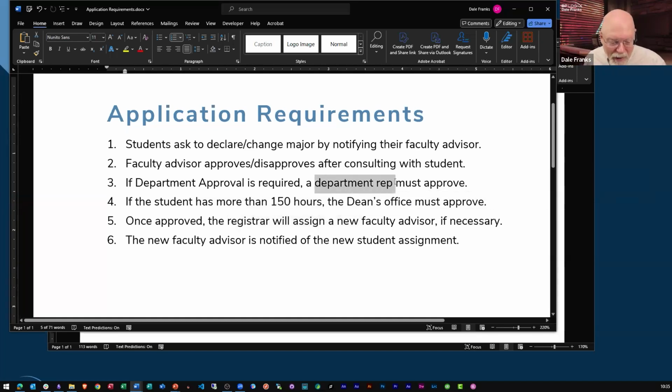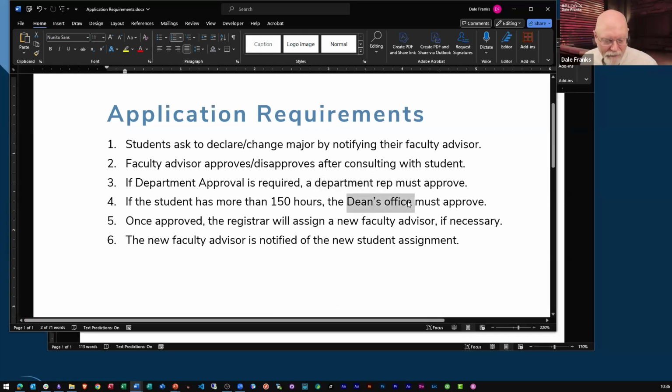A department rep? And who might that be? Is it one person? Is it two or three possible people? How is that task going to be assigned to the department rep? A, who is the department rep? Is there more than one? B, is there more than one department rep? C, if there is more than one department rep, do I assign the task to the first user to accept, or do I assign it to all of them? And whenever any user completes, it completes the task, but they're all assigned. I need to know who these people are, who the department rep is, singularly or collectively, and how they're going to handle that task.